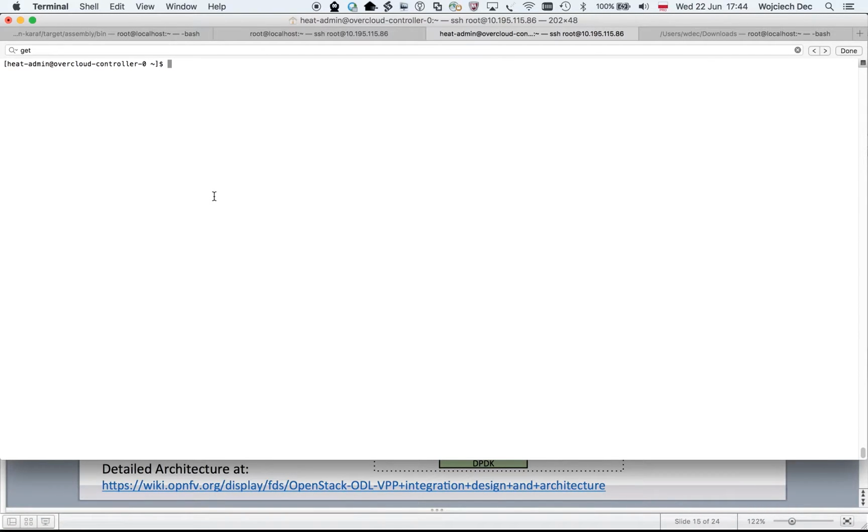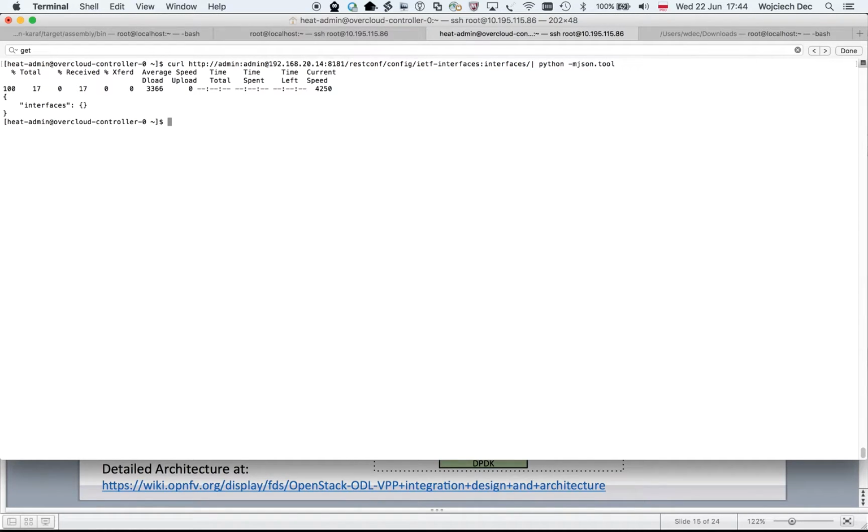So I'm connected here to the OpenStack controller, and I'll use the backscroll buffer here to just browse through the existing state on the VPP. This is just a curl command that I'm issuing to the VPP. As you can see, there are absolutely no interfaces on the VPP device. So let's go ahead and boot some of the